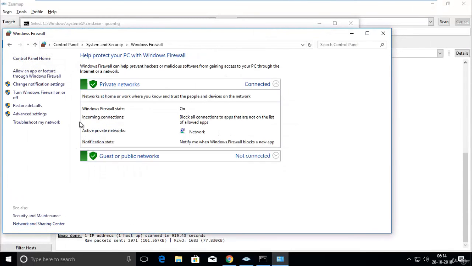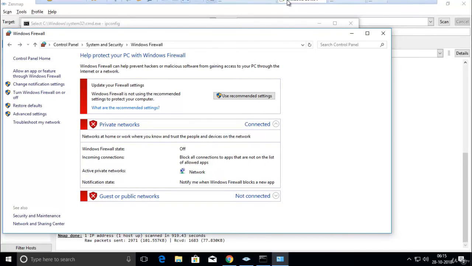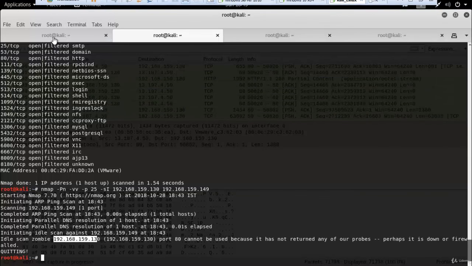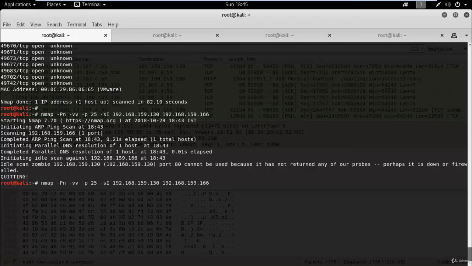Disable firewall. I have disabled the firewall on it, and go to the Kali Linux operating system again and run this command.